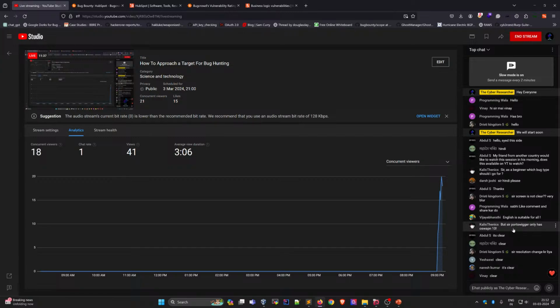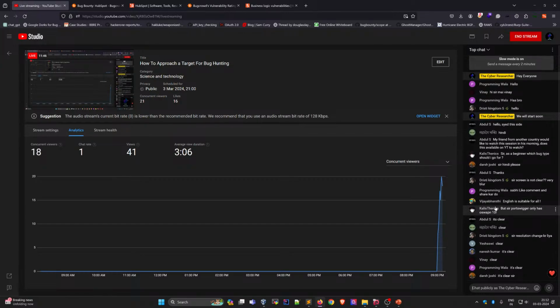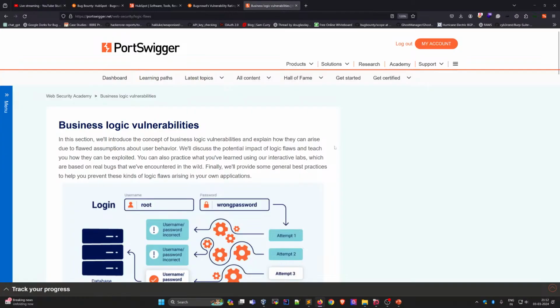Someone says PortSwigger only has OWASP top 10. Yeah, today we are talking about OWASP top 10. Like, you are talking about all the networking bugs also. So for web applications, most of the time we will try for OWASP top 10 bugs. You can go one by one, and if anyone is a beginner, they can start from business logic, and